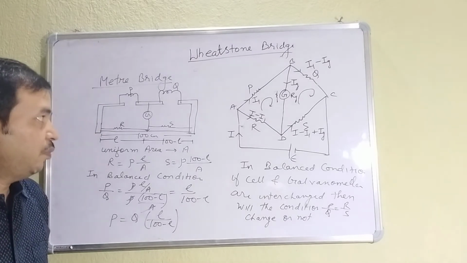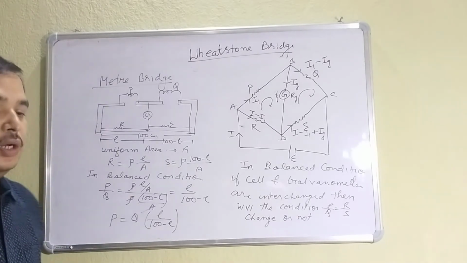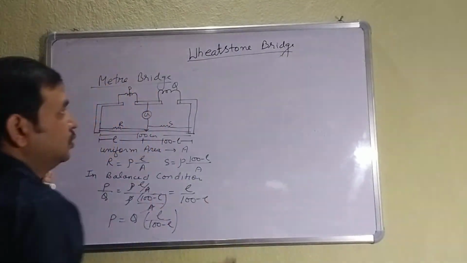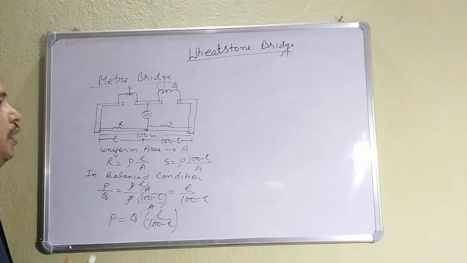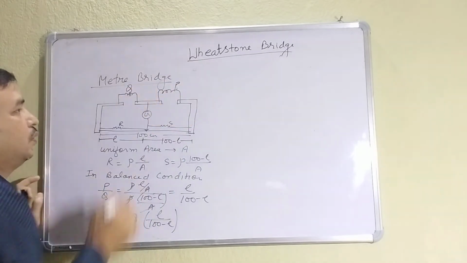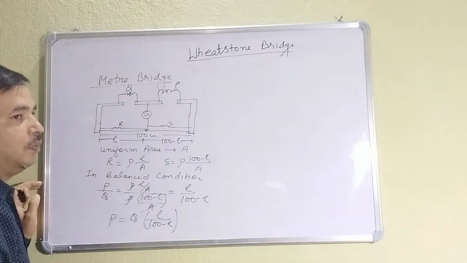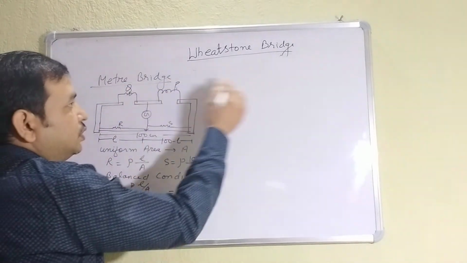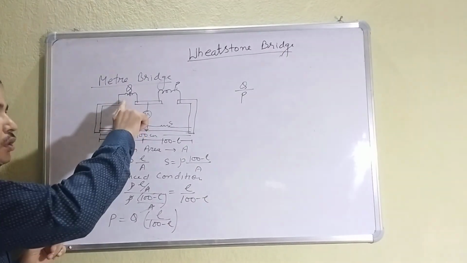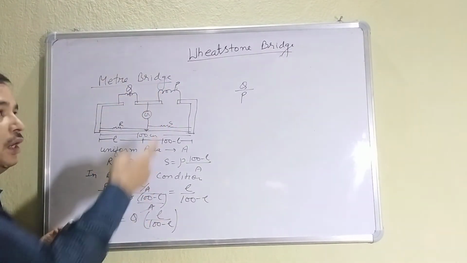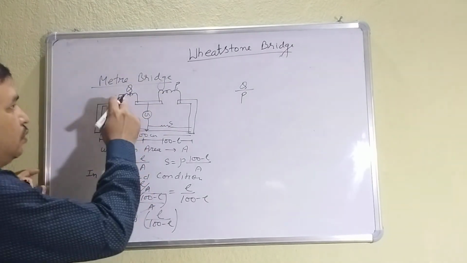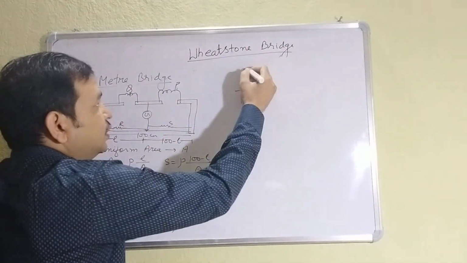So you have to use this formula for solving the numerical. Also, the numerical can be asked in a different way. Suppose the positions are interchanged: this unknown resistor is brought here and the known resistor is there. If it is asked what is the formula of P now, you can write Q by P. I think all of you have understood the question. P, the unknown resistor, is brought here and Q, the known resistor, is put there. Then what will be the change in the formula? Q by P is equal to R by S in balance condition.